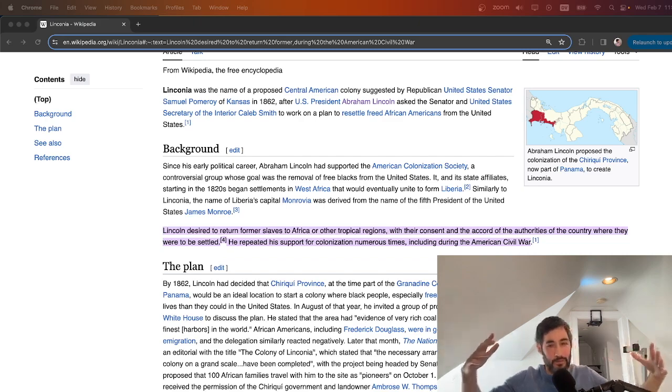Slavery is oppressive. Slavery is bad. But there was an assumption that coexistence is not possible, right? There was an assumption that America could not survive coexistence. And so what do you do? The assumption was the only thing you could do is basically a generous ethnic cleansing, get them to move out.